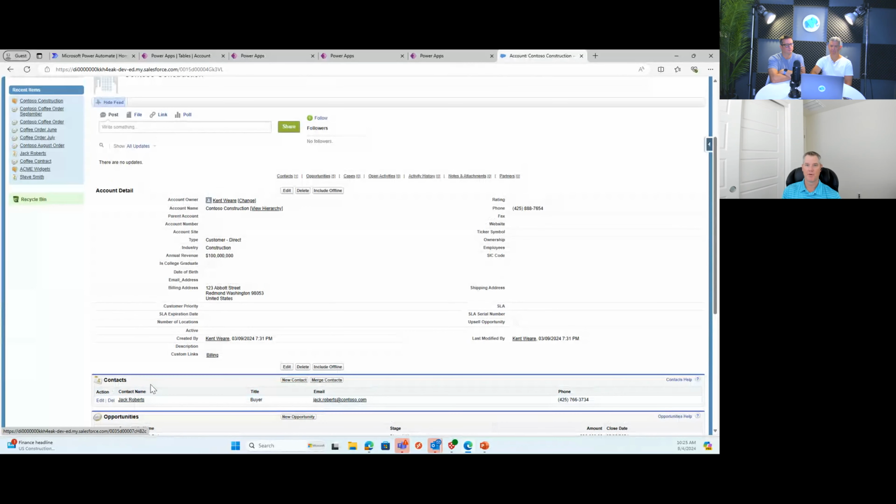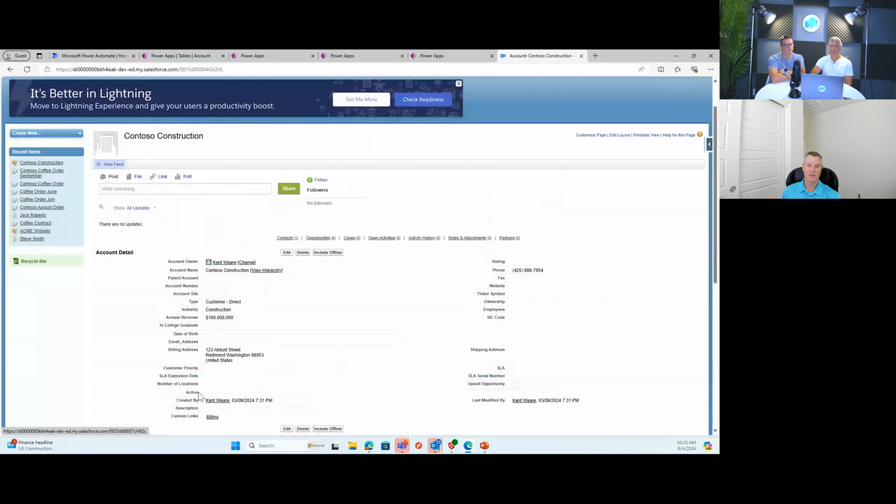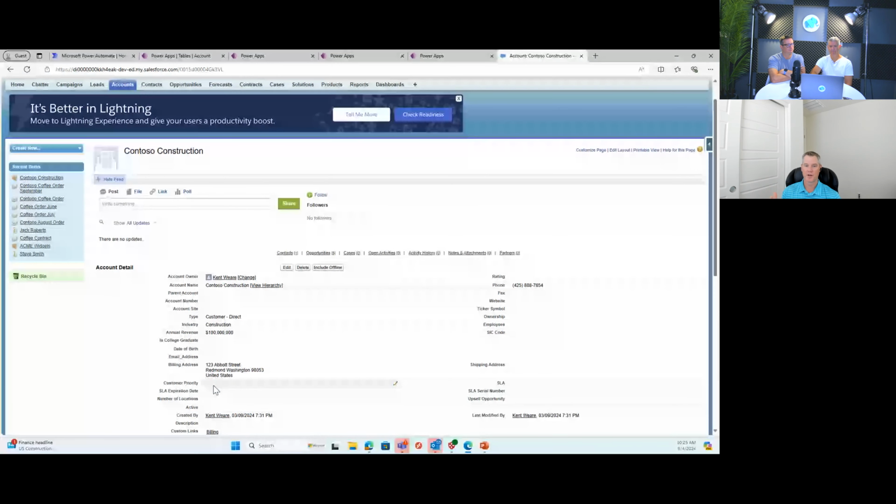So what we would expect when we flip over to Logic Apps is that we've got this orchestrated process that will subscribe to those opportunities when they've been won, then fetch the account information, and then go ahead and sync that information with Dynamics. Similarly, we need to do the same thing from a contacts perspective as well. So let's flip over to Logic Apps and take a peek.